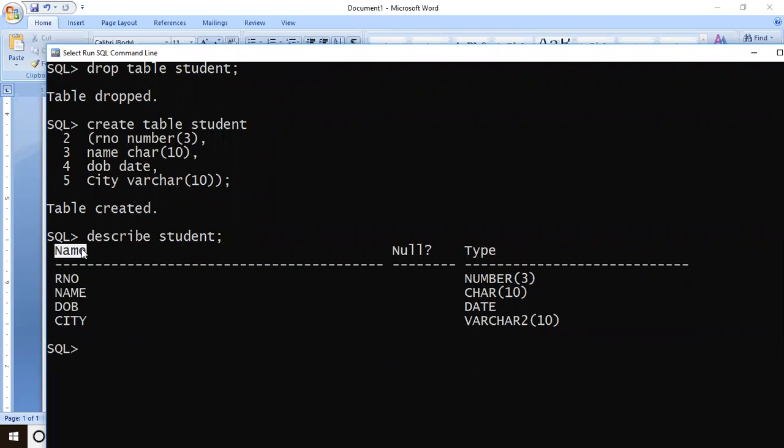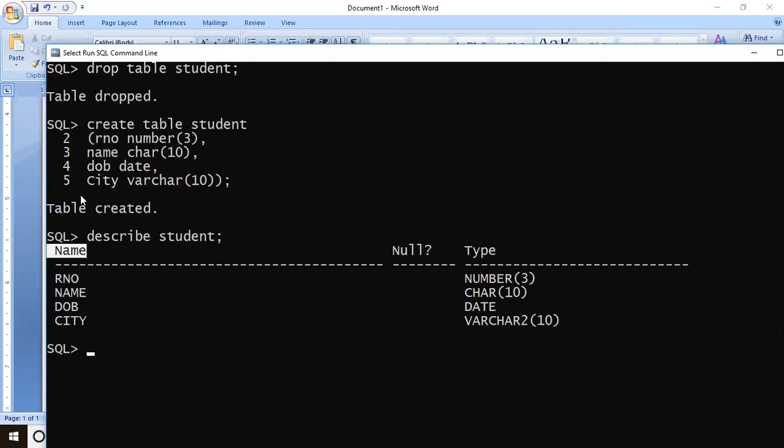This is the field name. I mean, it's not the actual name we have created, it is showing you the column name. Which columns do we have here? RNO, name, DOB, city. You may wonder, I had typed in small case, so how come it is giving uppercase? Remember, all Oracle structure related things will be indicated in uppercase only. That's why even in the textbook, you will see all these commands typed in uppercase.